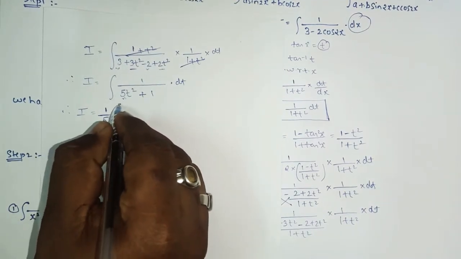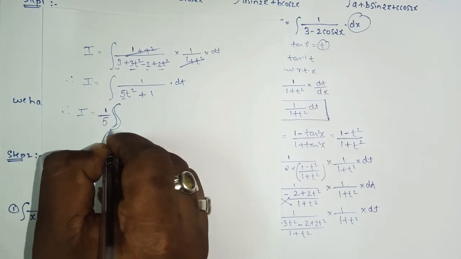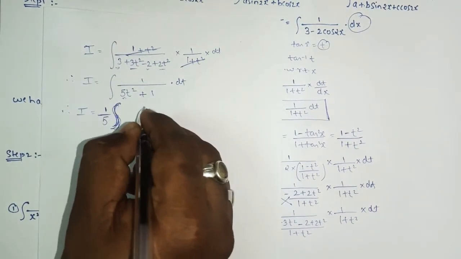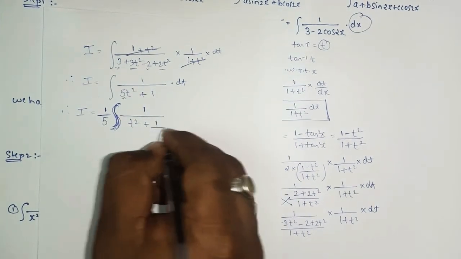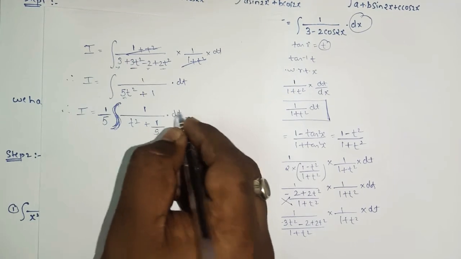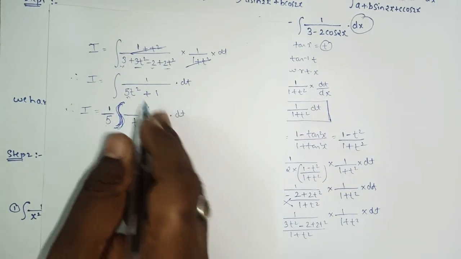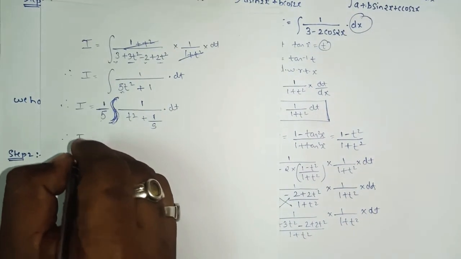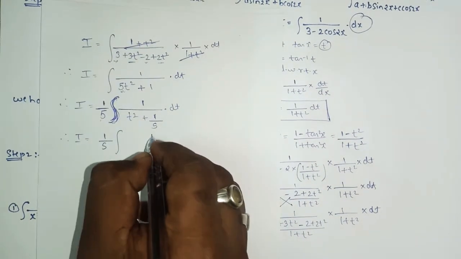Yes or no? I hope you all know how to make the square term. So here it will be t square plus 1 upon 5. You can check by opening the bracket: here it will be 5 t square and this will be 1. And we know that whenever the middle term is absent, we can directly solve this step, no need of using the third term concept.